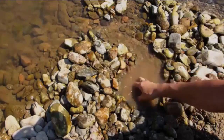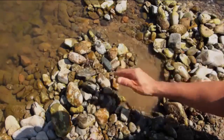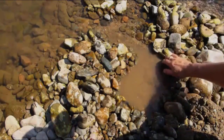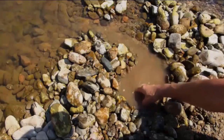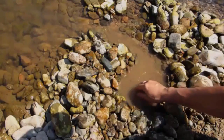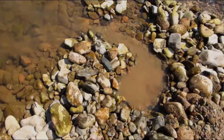So, okay, pull out a few rocks, and I've got a very small channel that's about the width of my hand in there. And I'm just making it a little bit so some new water can flow into that, because we want that muddy water to flow out into where all the fish are on the left-hand side of the screen. Okay. So once it's good and muddy,